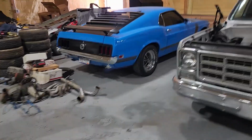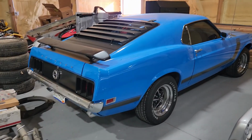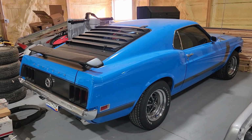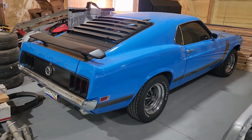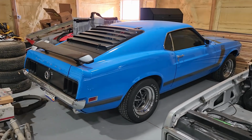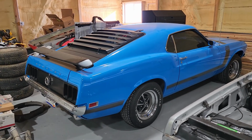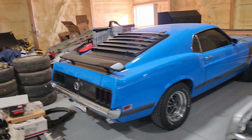I've got this Tribute Boss 302, my good friend Will's. The engine let loose in it, so we're putting a nice little 302 aluminum head engine in it. Give it a little more pep. We're also converting it to a 5-speed, so let me know if you guys are interested in a video on the conversion on that, converting a '70 Mustang from an automatic to a 5-speed. But